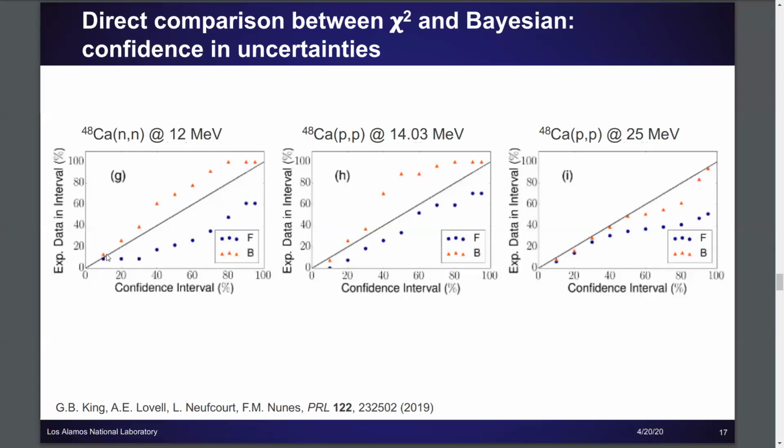being unrealistically small. And so this is actually one of the things that we've been pointing to, aside from this approximation of Gaussian space when we have non-Gaussian parameters and a non-linear propagation to our models, but saying that in the Bayesian case, our uncertainties are much more accurately reproduced than in the frequentist case, in the chi-square case. And so for us, this gave us a lot of confidence of, yes, we really do want to push ahead with the Bayesian methods and sort of leave the chi-square behind.